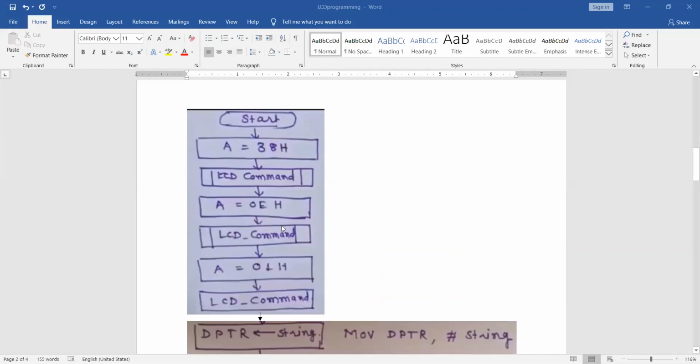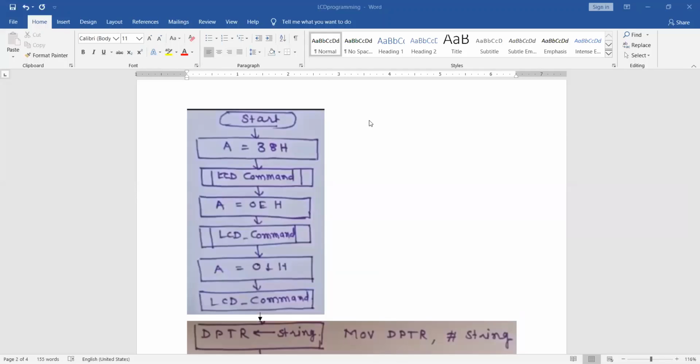Till this point, is it clear? This is the main program. MOV A, #38H, ACALL LCD command.